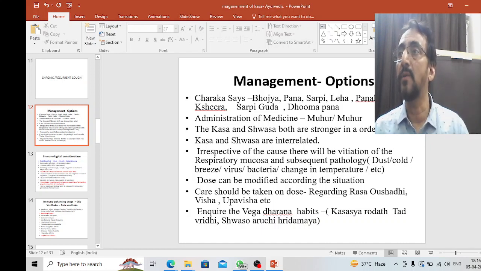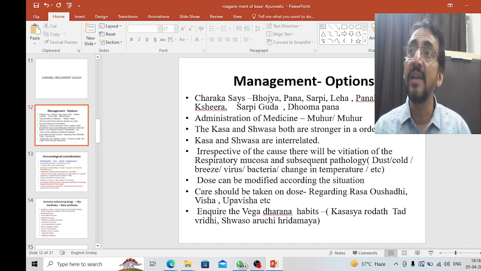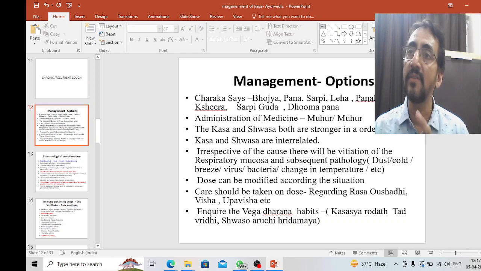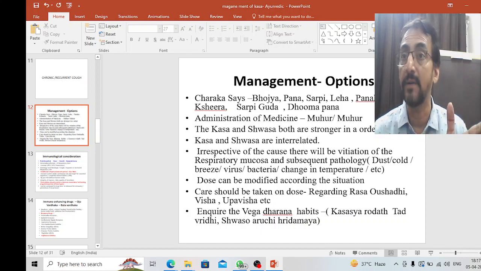Similarly, in case of Kasa also, which is more dangerous? Vataja Kasa is one which produces very severe symptoms, but still it is said that Vataja Kasa is not much dangerous. Come to the basics again. If the cough is very severe, it always suggests that the disease is not in the parenchyma. The disease is still present in the airway, and therefore the patient is safe. Again, the Vataja Kasa, although it produces multiple symptoms and much more discomfort compared to the other two Kasas, is